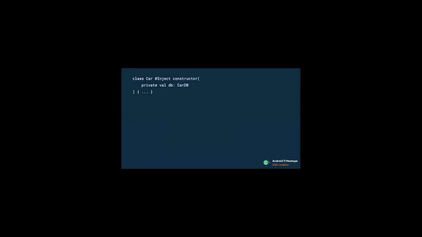If in our car example we want to use a database, in this case we can use a Room database, which is like an interface. We don't control how Room will be constructed because Room does it automatically. So in this case, we need to create a Hilt module.